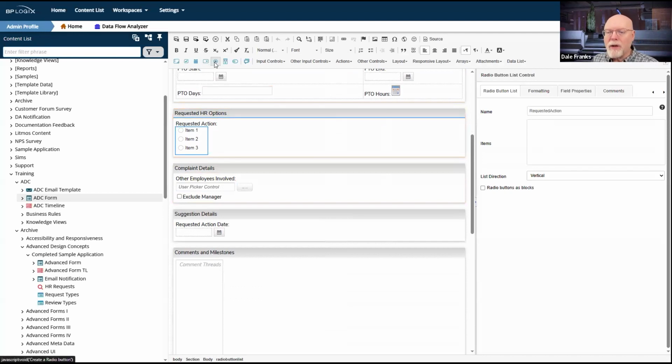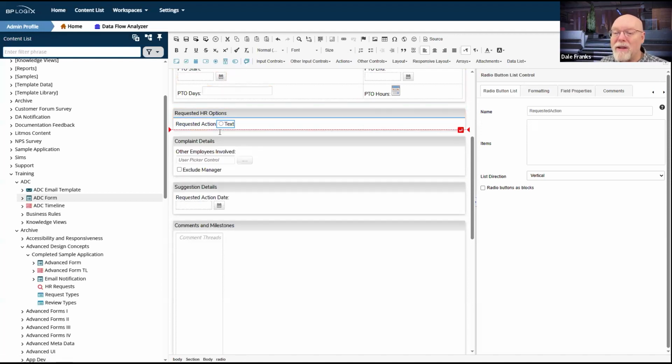We do have a control called the radio button. And the radio button works, and it works just fine. I just don't like the way it is configured. It is an older control, so it is configured the way we used to have to configure radio buttons. I'm going to show you how to do it, but it is a little confusing. I always recommend using the radio button list control because usually when you do radio buttons, you're doing a list anyway.